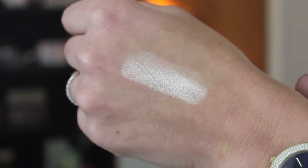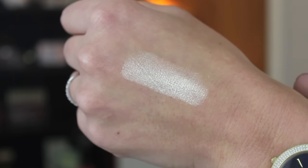Like, look at that shadow. It is so freaking good. This is definitely the best thing that you're gonna get in the drugstore, eyeshadow wise, other than a palette. Even in a palette, the drugstore